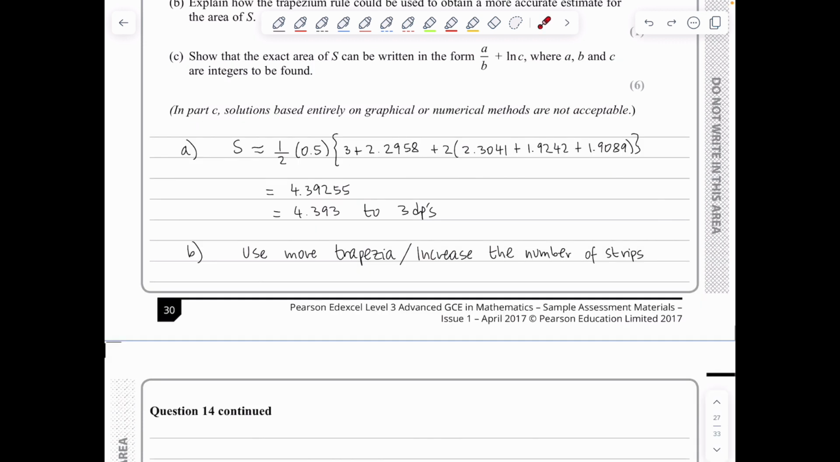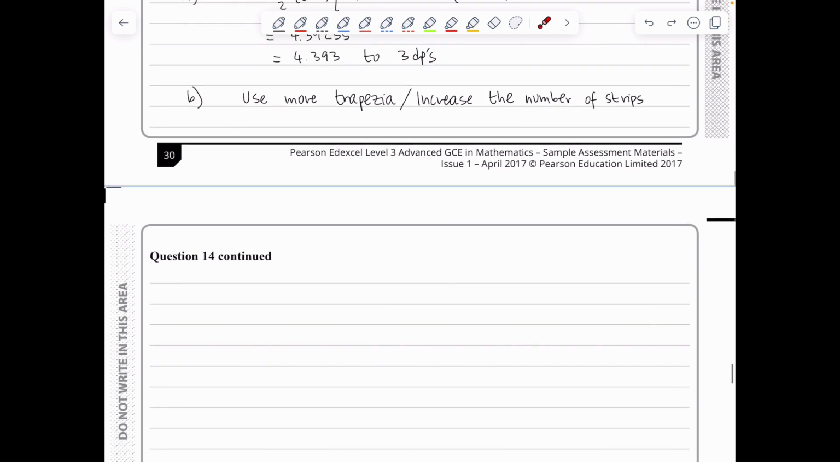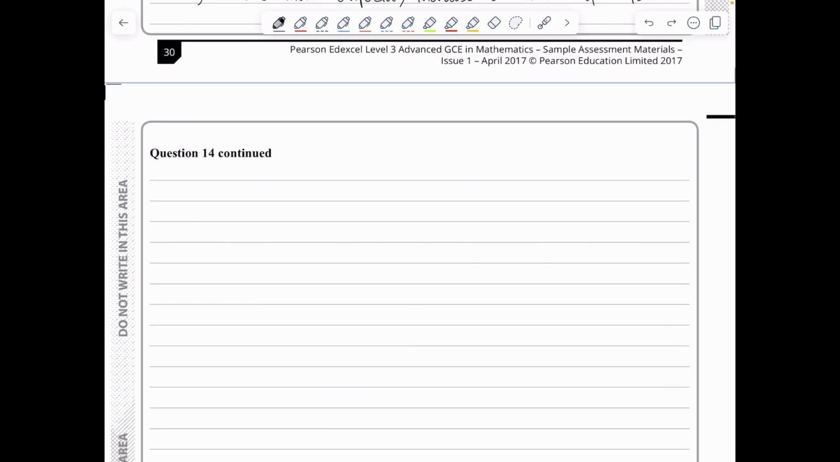In part C, we are asked to show that the exact area of S can be written in this form: A over B plus ln C, with A, B, and C being integers to be found. So we know that to find the area S, we will be using analytic integration. So we will be integrating from 1 up to 3, x squared ln x over 3 minus 2x plus 5 dx. The problem is obviously the x squared ln x over 3, and I'll be using integration by parts for